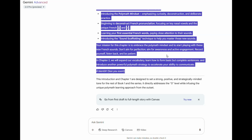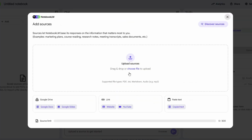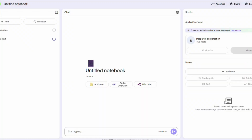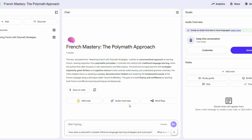What I'm doing now is I'm just going to copy this information. I'm going to go over to Notebook LM. It's free to set up an account. I'm going to create a new notebook. I'm going to simply copy my text. You can also upload it if you'd like. So I'm going to insert it there, and then I'm going to create, you can have an audio overview